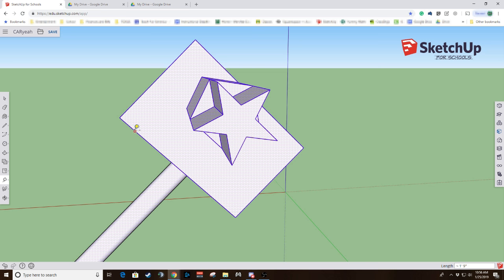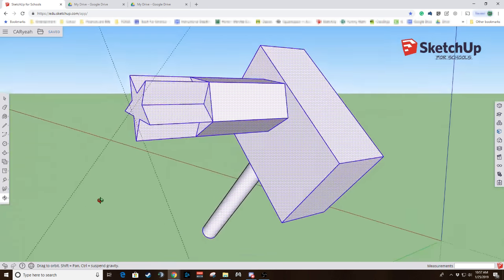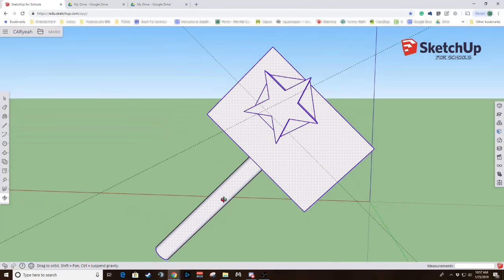And you can do pretty much what a tape measure in real life would do. You click on one, click on another side, and it tells you how far apart they are. So this is about 1 foot 2 inches, but you can go to any reference point you want. So we can measure it there. We can measure just how wide across our star is right there. And when you do that, it will kind of put some lines on there so you can see where your measurements are at,